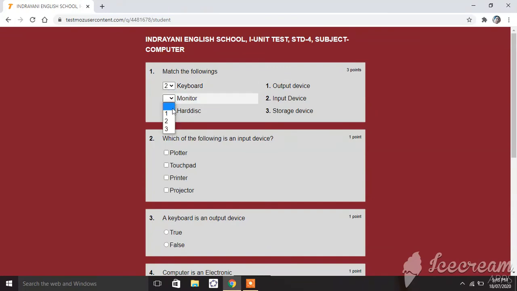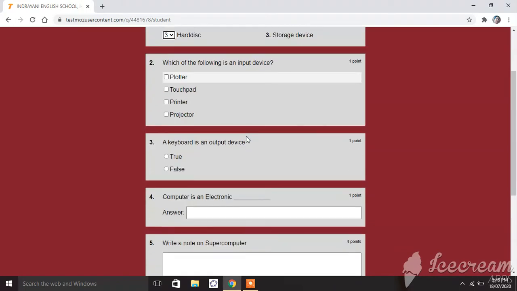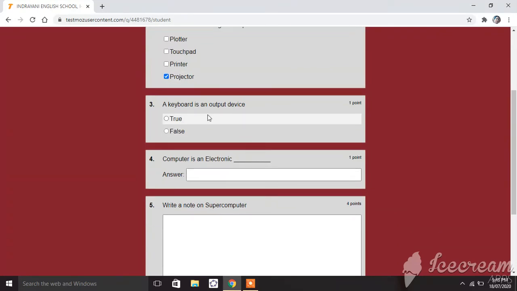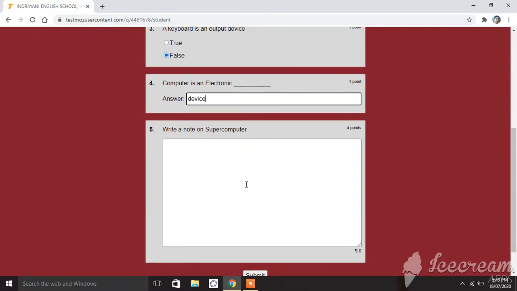Which of the following is an input device? I will select the wrong one purposely. A keyboard is an output device. False. And computer is an electronic device. Okay, here is a long answer question.